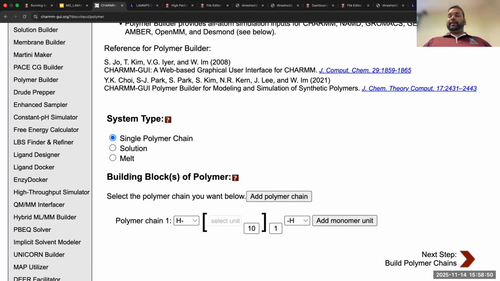So you can prepare 3 types of systems. You can prepare just a single polymer chain, or you could prepare a solution. Solution is a polymer chain in some solvent. Could be water, it could be some other organic solvents or whatnot, right? Or the third one is a melt. Melt is nothing but just polymer chains, just a box full of polymer chains,